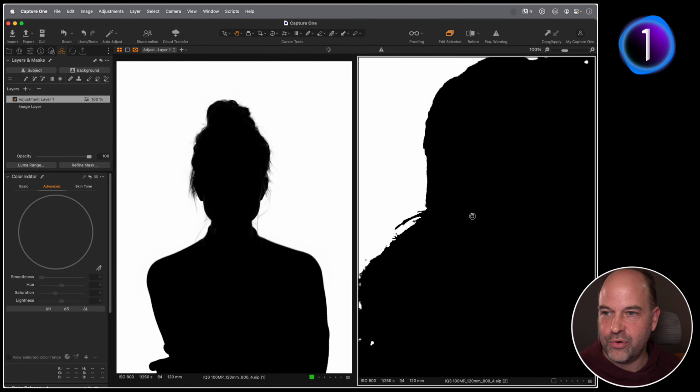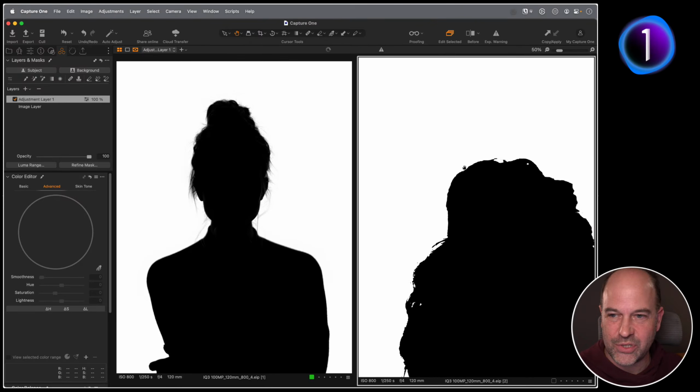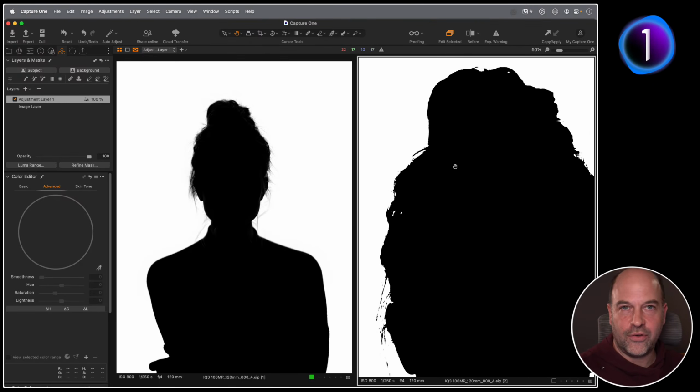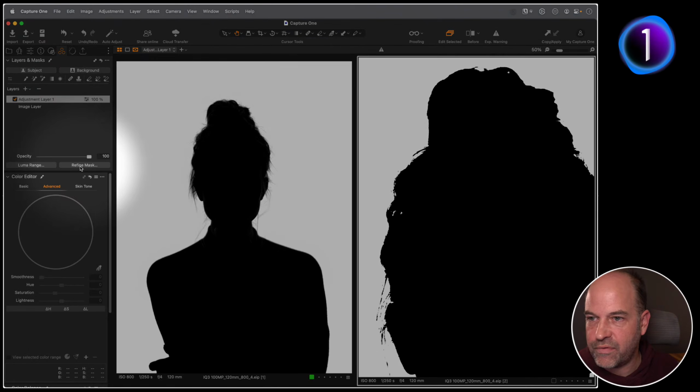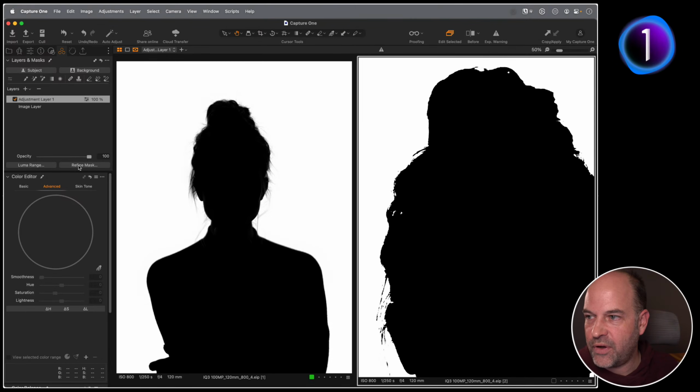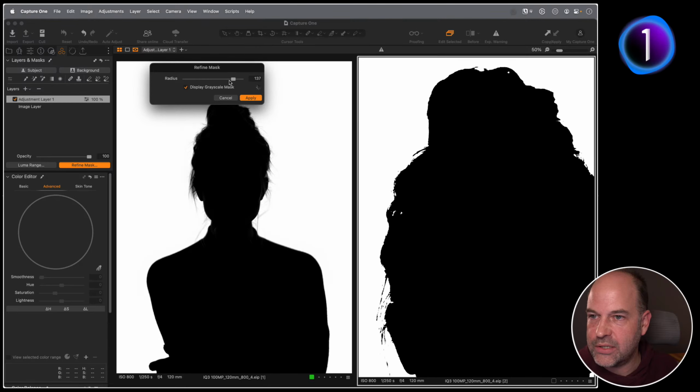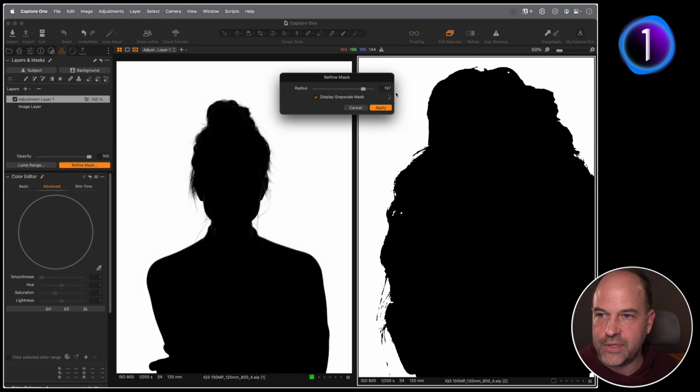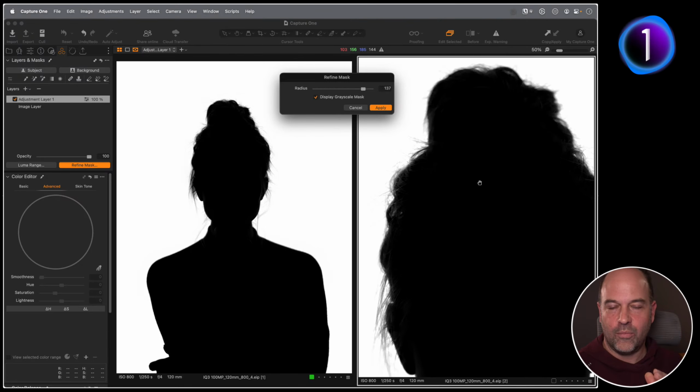But how can we improve on this if we wanted to? Because sometimes it's just easier to do a color range selection. So don't forget, we've got a button here that says Refine Mask. So if I click on this, Refine Mask, we can dial in a certain amount, let it do its magic. And there we go, we've now refined that. So what's happened is that where the mask stops, between the black and the white, we get a bit of refinement on the edges, so it cleans it up quite nicely.